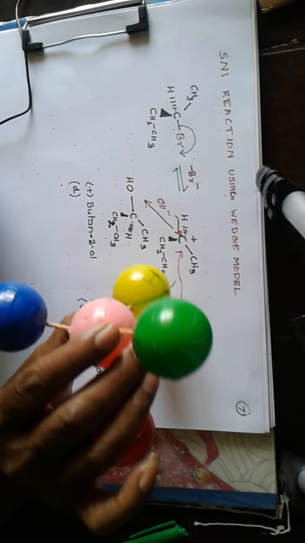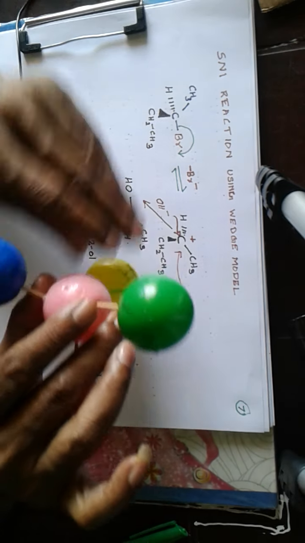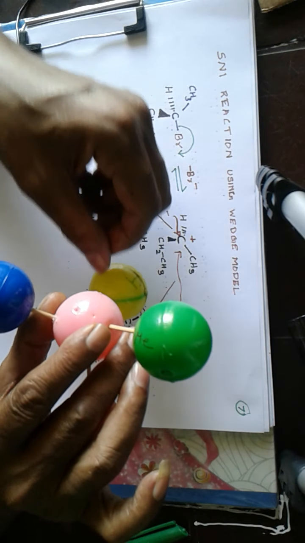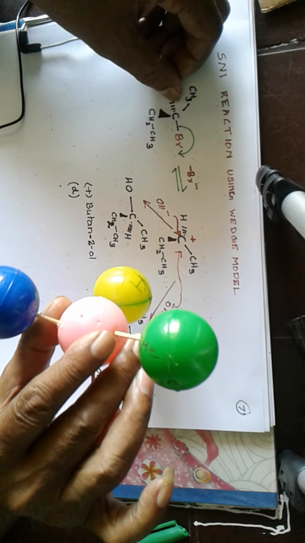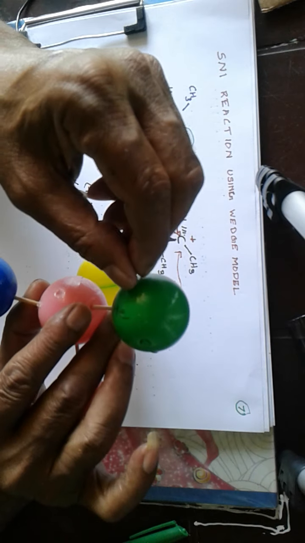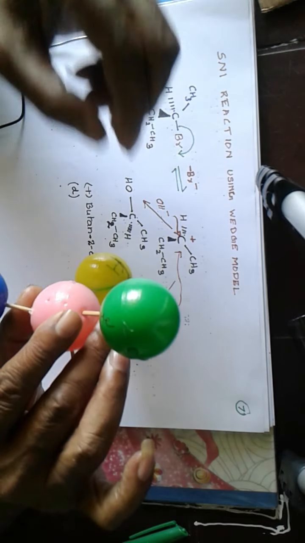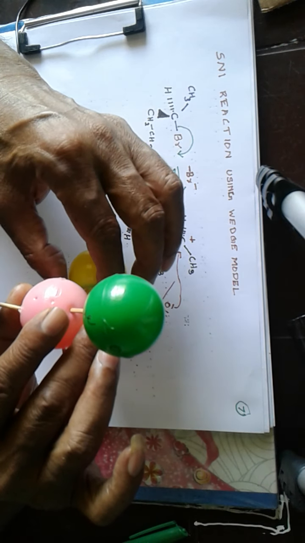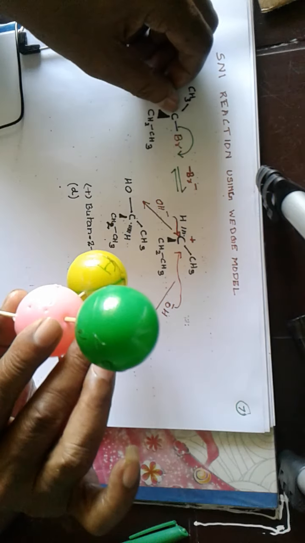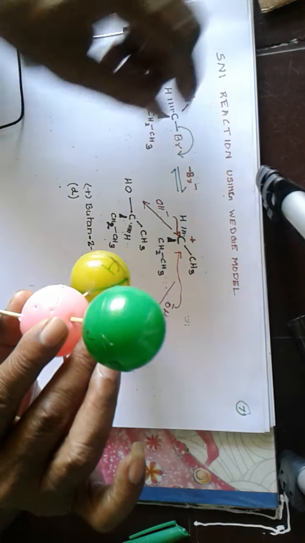Now this will be the representation. Ethyl is connected to carbon using a solid wedge. Hydrogen is connected to carbon using a broken wedge. Now this methyl, that is green, and this ethyl here, hydrogen comes about in the middle, connected by a broken wedge. It is below the plane.